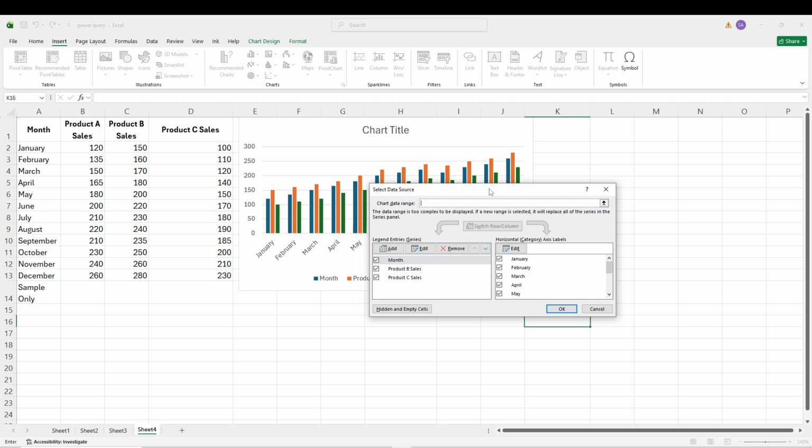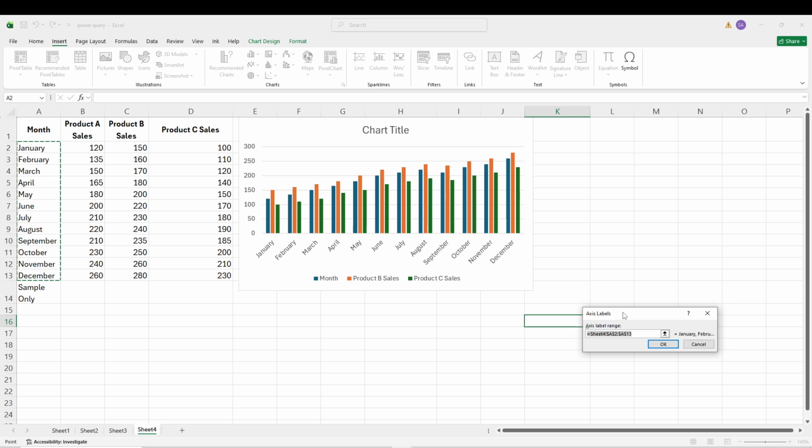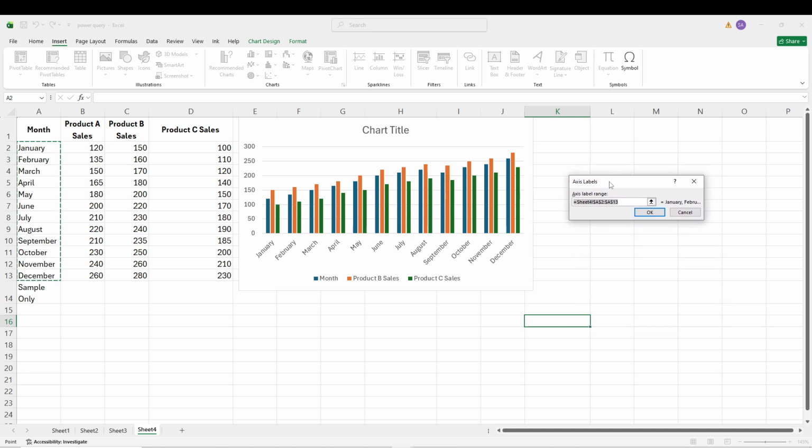Inside the Select Data Source window, look for the section labeled Horizontal Category Axis Labels. This section controls the values that appear along the x-axis of the chart. Click the Edit button located next to this section. A new dialog box will appear asking you to specify the range of cells that should be used for the